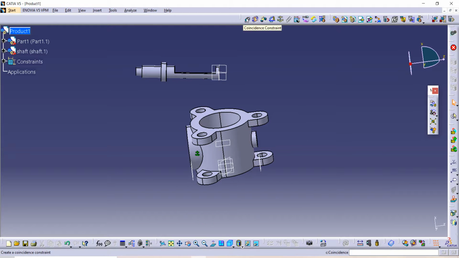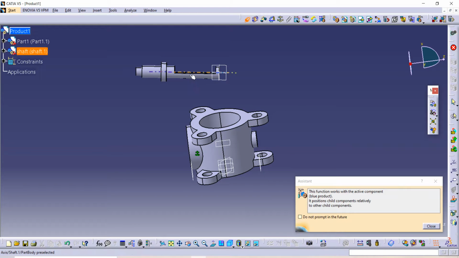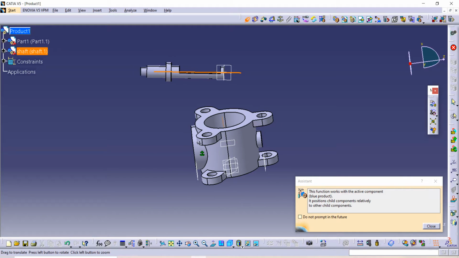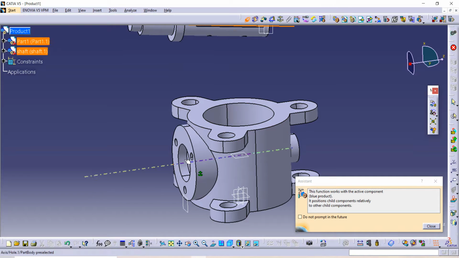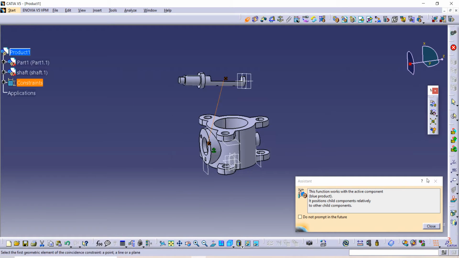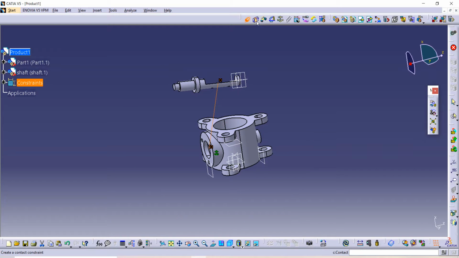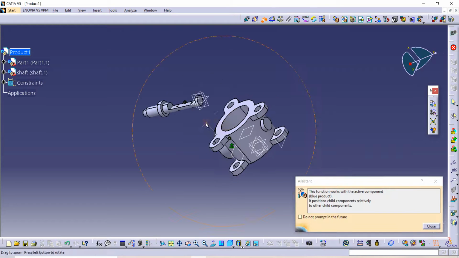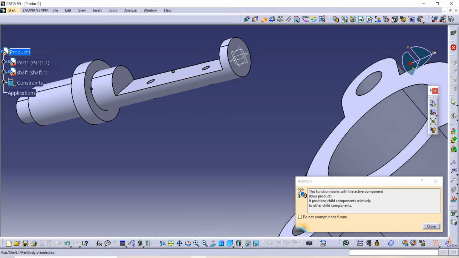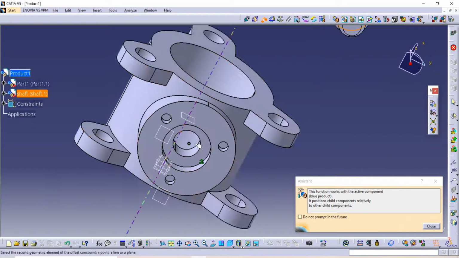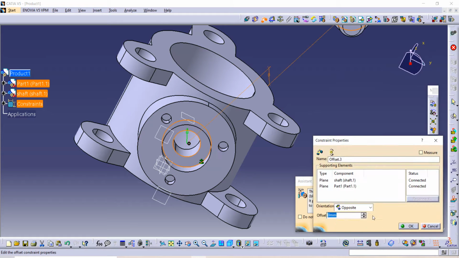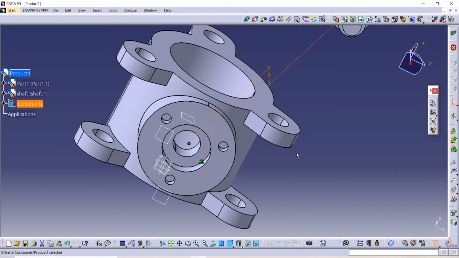After that use this coincide command again, select this axis of this with axis of this. After that we have to again select this offset command. We have to give offset between this surface with this surface of the body, and distance should be 0 so they can coincide to each other.